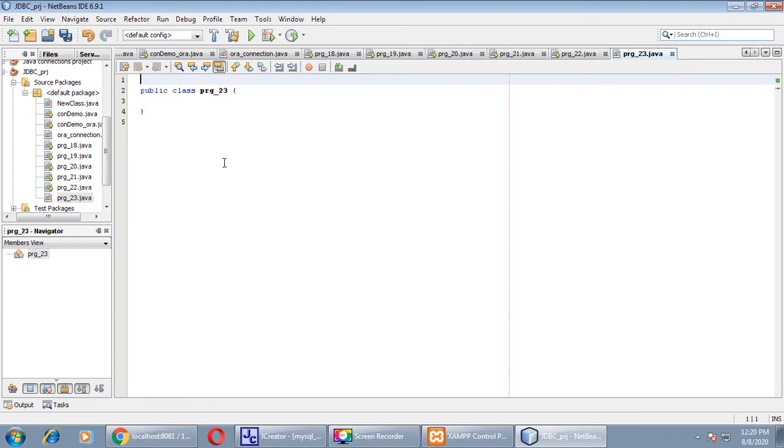Here I am not mentioning those steps at the beginning of this program. I am directly starting from import java.sql. As usual, import this package for the connection.